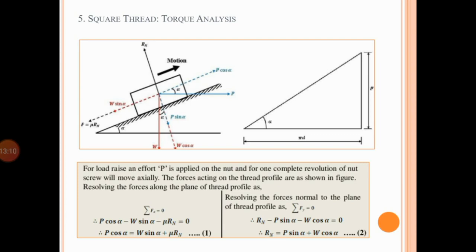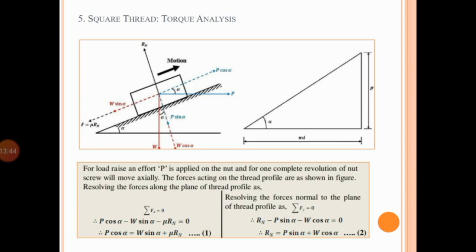First of all, to calculate torque, we need the value of effort P that is required at the end of the lever. So for calculation of that force P, look at the diagram carefully. You will have four forces, and you just need to resolve all those forces in the horizontal and vertical plane. At the bottom side we have resolved in the horizontal direction, whereas on the bottom right-hand side we have resolved all forces in the vertical plane. So ultimately we are getting two relations.